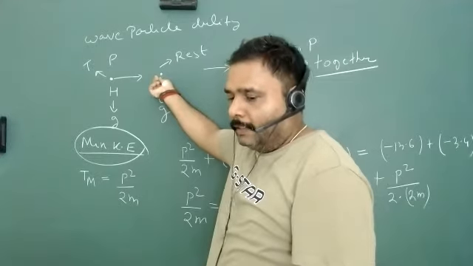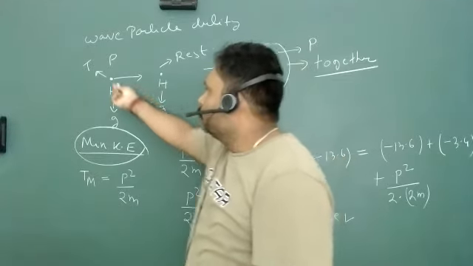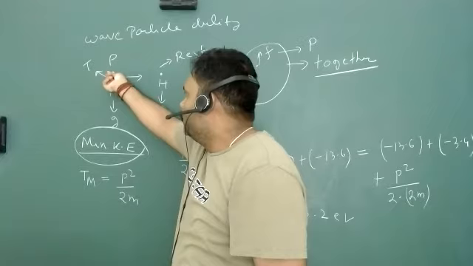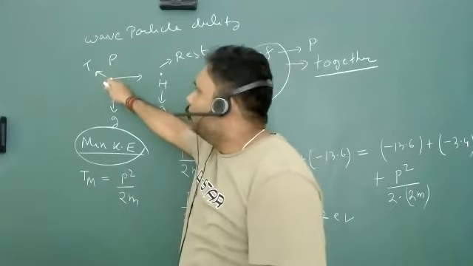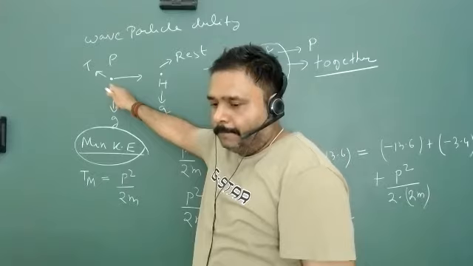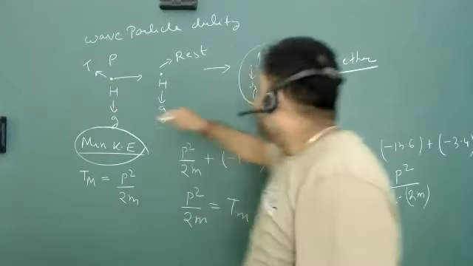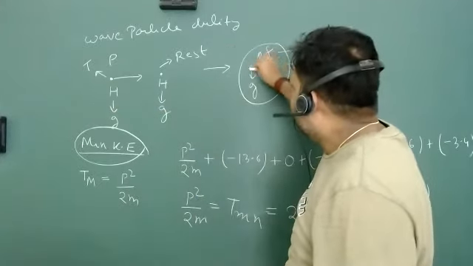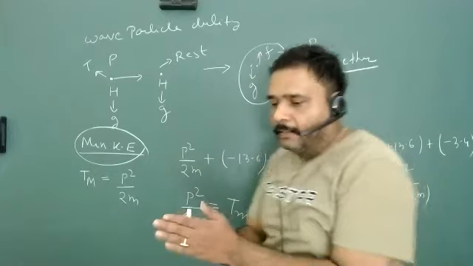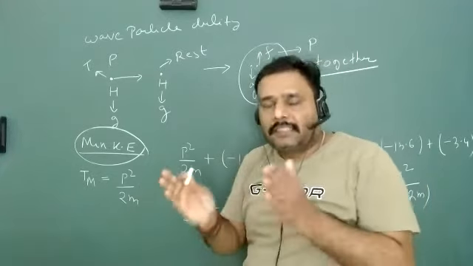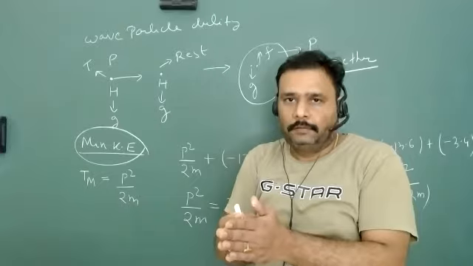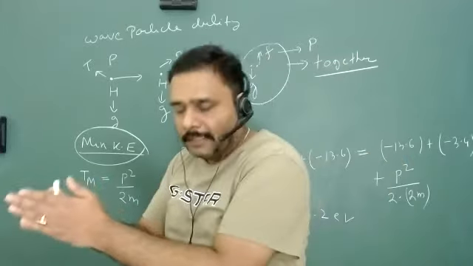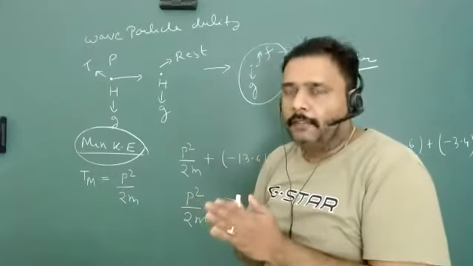Agreed? Yes sir, it is initially at rest. So what mass have you used? You have this momentum, p square upon 2m. So this momentum is only applied to mass m. And now these two masses will be together, as if they collide and stick together, and then they are moving. It is something like that.